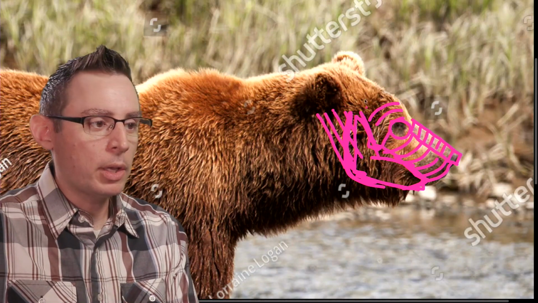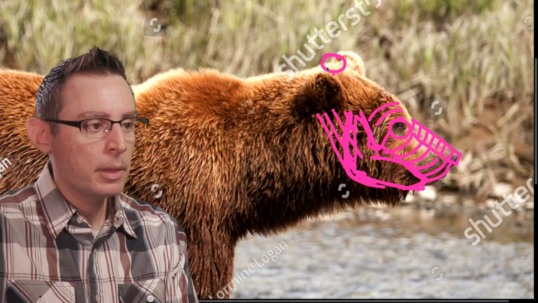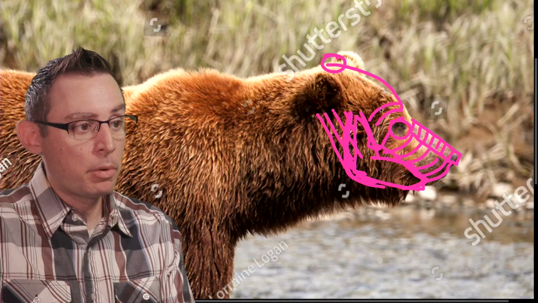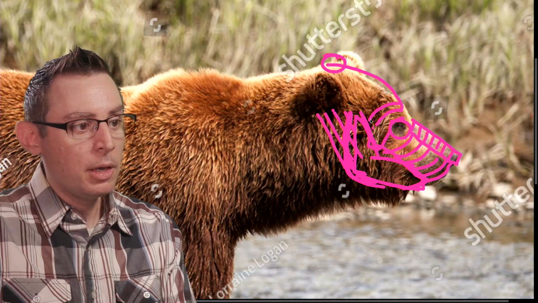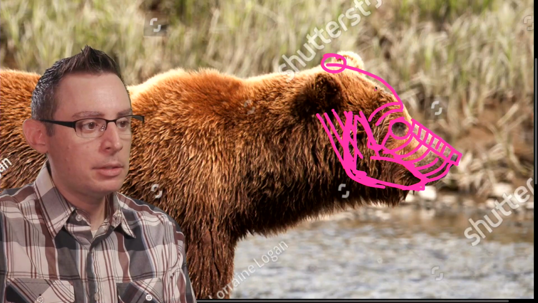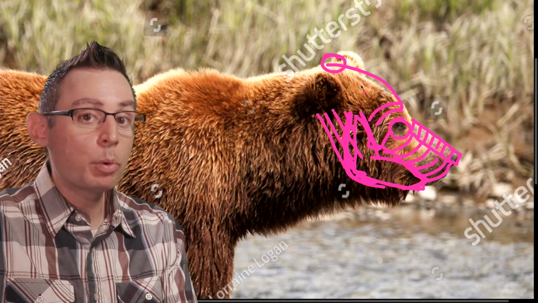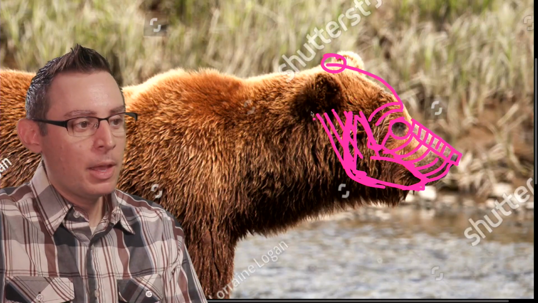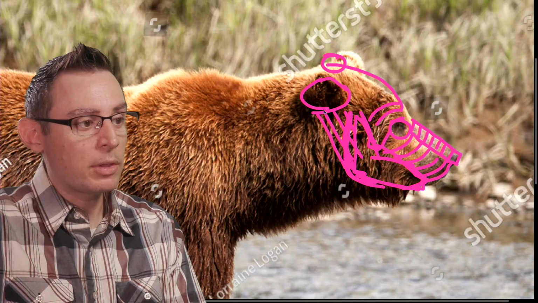The next thing I want to look at here is the top of the head, and how that top of the head transitions to the eye socket itself. Remember, there's a ridge right here that defines the eyebrow. Well, how far is the top of the head to that ridge? That's an important proportional detail that's going to give this bear an iconic look. It also starts to set the stage as to where the ears are.